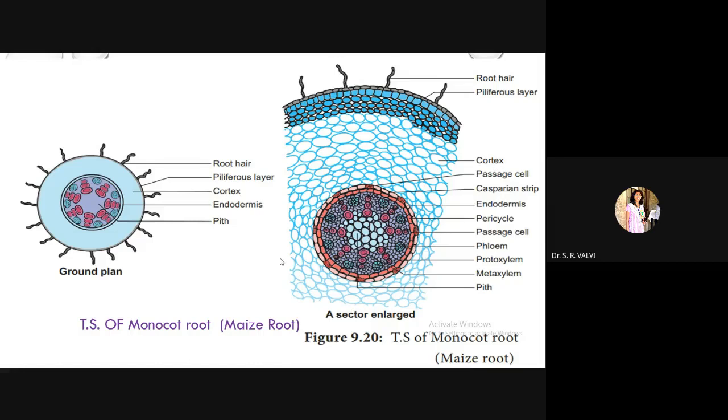Okay, and it holds all these vascular bundles. Within this xylem and phloem, again this parenchymatous tissue, or we can say ground tissue, is present inside the pericycle, and it holds the vascular bundle patches of xylem and phloem. So likewise I have explained in detail about this monocot root. Okay, now come towards the next.